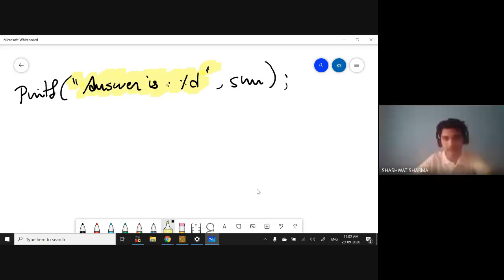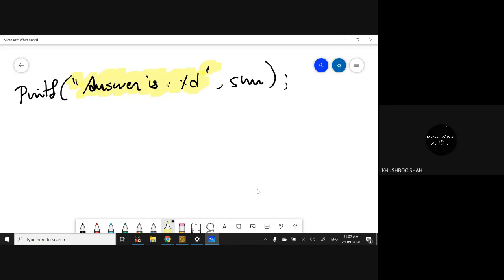Yes, ma'am. But if there is a format specifier inside the double quotes, it means that your printf statement is going to print some data, and this data will come from the memory.